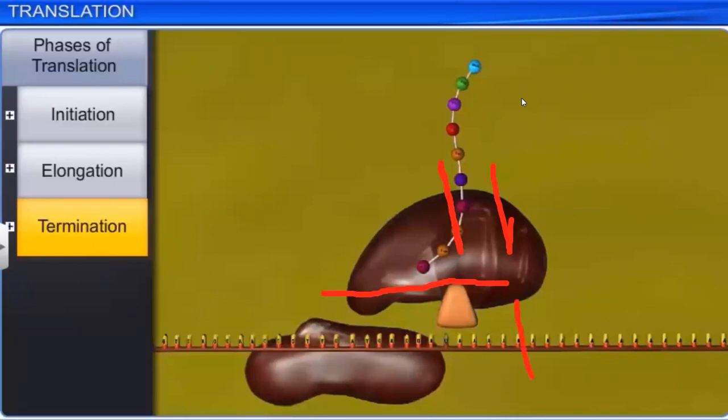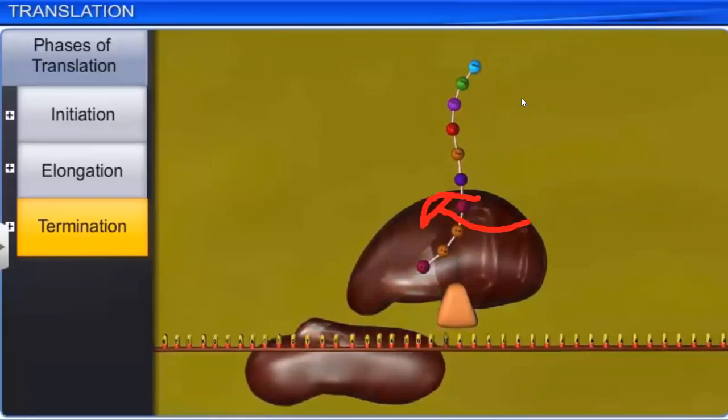Okay, and if I say this site as the first site and this site as the second site, what will happen? The donor tRNA, which sits on the first site, gives or passes the amino group to the second site, and it moves off. Then the second tRNA, which was a recipient, becomes a donor, moving to this first site.